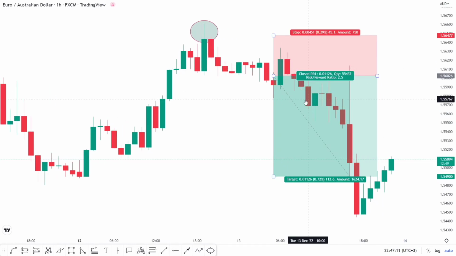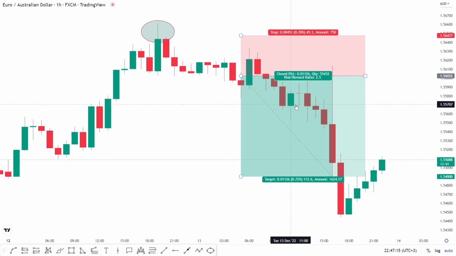So price came and dropped below. We now came into profit. After coming into profit, it played here with several candlesticks. Remember, this is the 1 hour time frame, so each candlestick here represents 1 hour. So all these hours price was just playing around since I got into my trade.